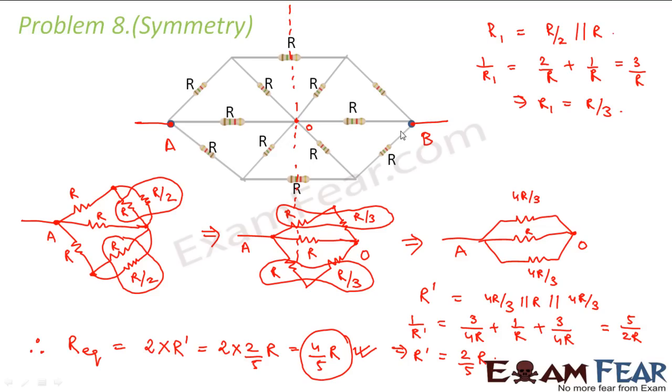That is very important, because many a time students make the mistake that if they have to calculate between points A and B, they divide the circuit along AB. I mean, they take AB as the dotted line and say the upper half is one circuit and the lower half is the other half of the circuit. But you should not do it like that. You should divide the circuit along a line which is perpendicular to the line joining the 2 points between which you want to calculate the equivalent resistance. Right?